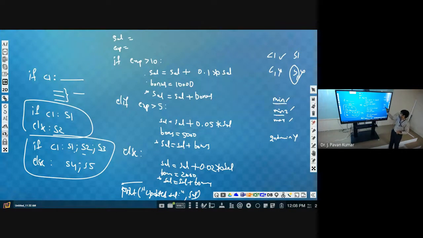whatever names we are using, those names we are using to identify something. Try to understand. Names are used to identify something. Here minimum is used to identify some value. Minimum 2 is used to identify some value. Maximum is used to identify some value. Okay, these all are identifiers.